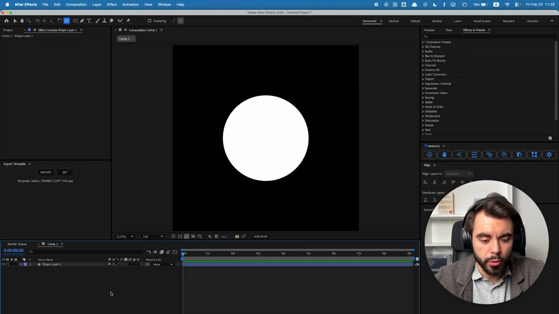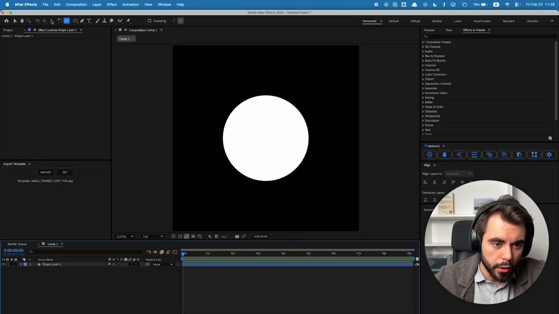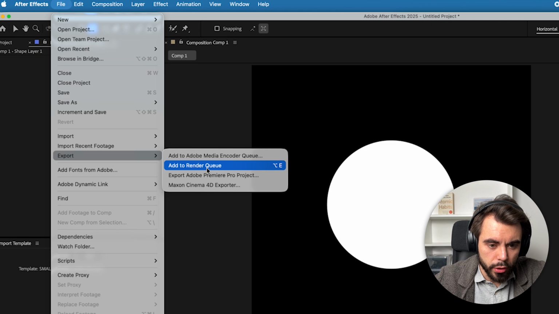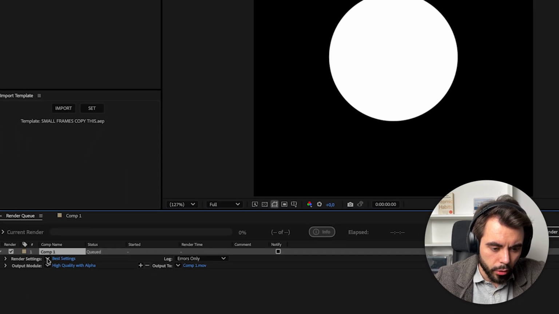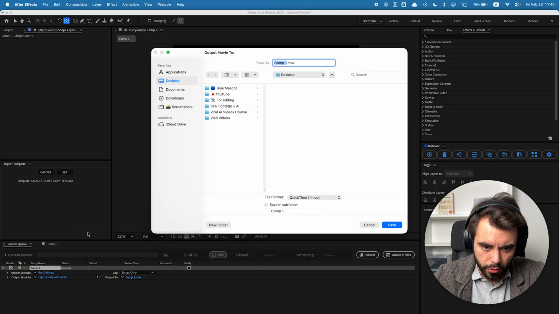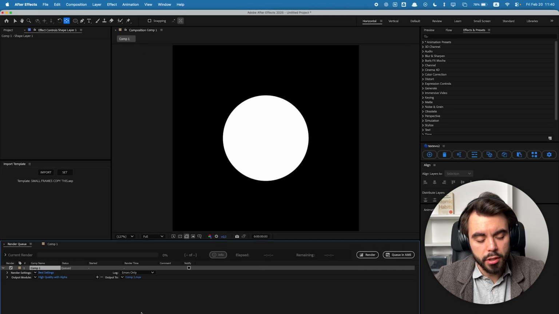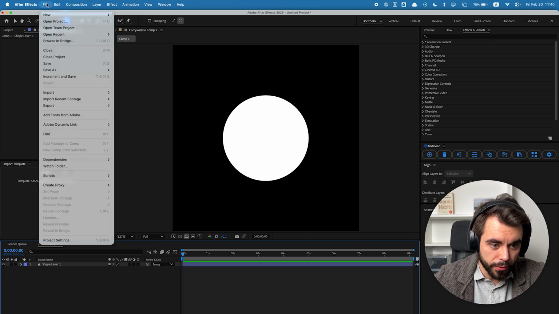So the way most people do it is they have their composition open, they go into File, Export, Add to render queue. From here, they customize the setting. You can open the render settings, you can customize the output module, and then by clicking here, you decide where you want to save your file. Now, this is doable, but I think this is quite repetitive, especially if you have to go into File and